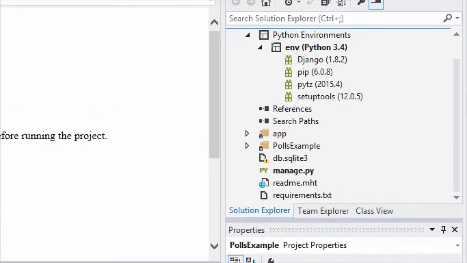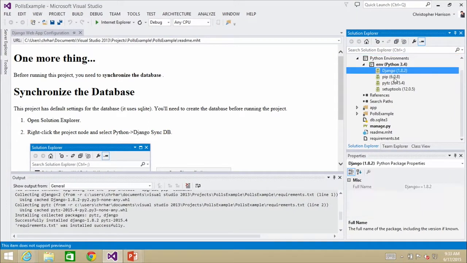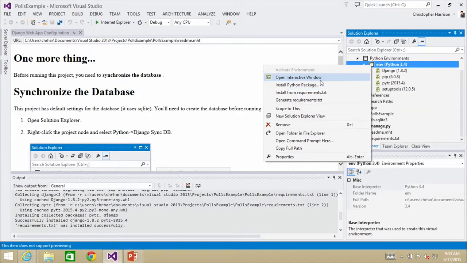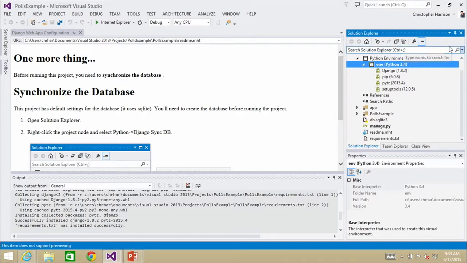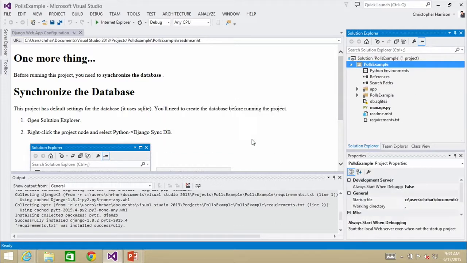And the way that the environment is actually managed is with this little requirements text file. So if you go download this from GitHub, what you're actually going to wind up with is something that will look a little bit like this. Let me actually just delete my environment. Delete, go away. Yes, delete. There we go. So you'll wind up with something that will basically look like this.